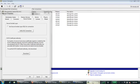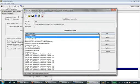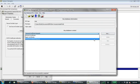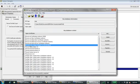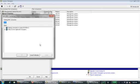So if we go back into the IBM key management and we refresh this, I think I'll have to go into some other view to get this refreshed. We come back in, there we go, SkyView 3CA. So that is now in my list of trusted signers. So when I say verify SSL connection, in this case,